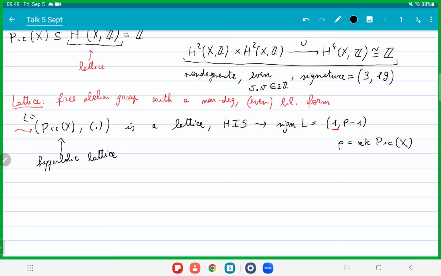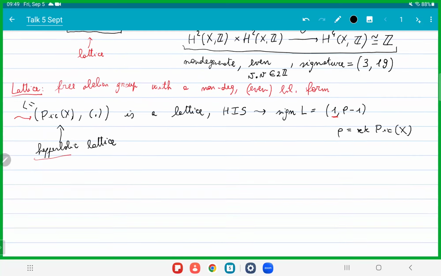So if you have a little bit of familiarity with lattices, Euclidean lattices are those that are positive definite. Positive definite means that the signature is (something, 0). The second thing that can happen is (something, 1). In this case, you can take a minus and make it signature (1, something). This is kind of the next case after Euclidean lattices, and they're called hyperbolic because they have a lot of connections to hyperbolic space, as we will see in a bit.